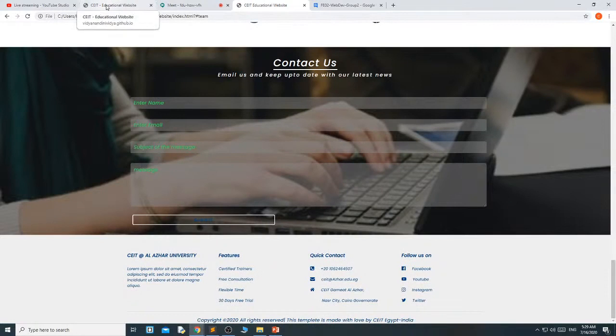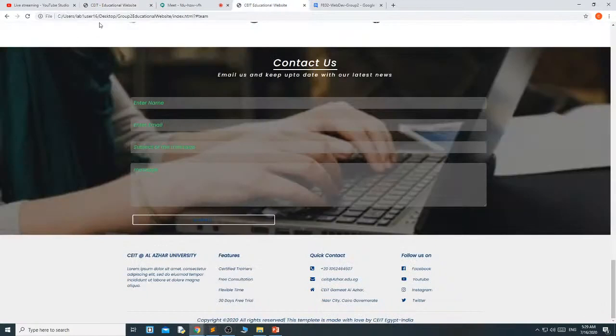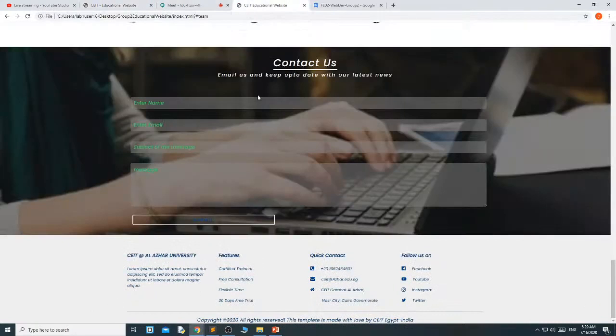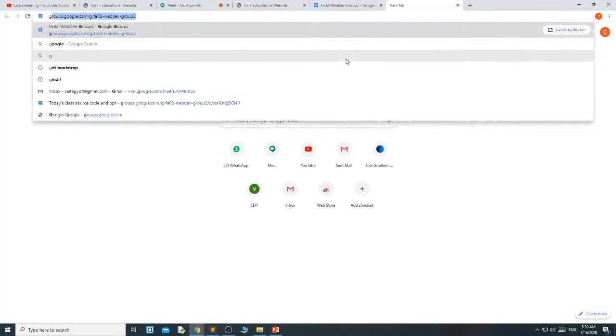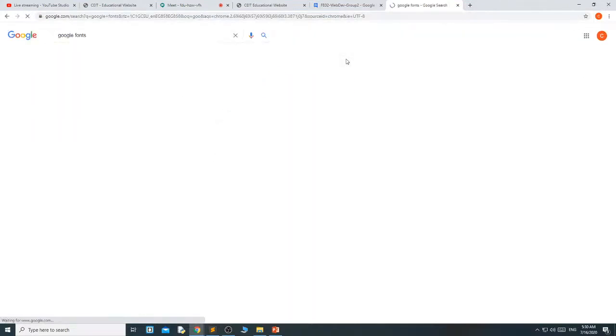You may feel that this website font is a little bit lighter and this website font is a little bit darker. Why? Because though we have used the same font style, for this website we have chosen the darker font style, and here we have chosen the lighter font style. Like when we get it from Google Fonts, when you get from here,